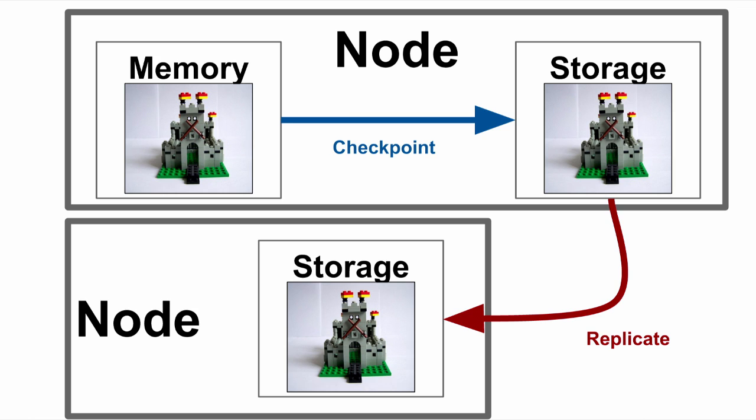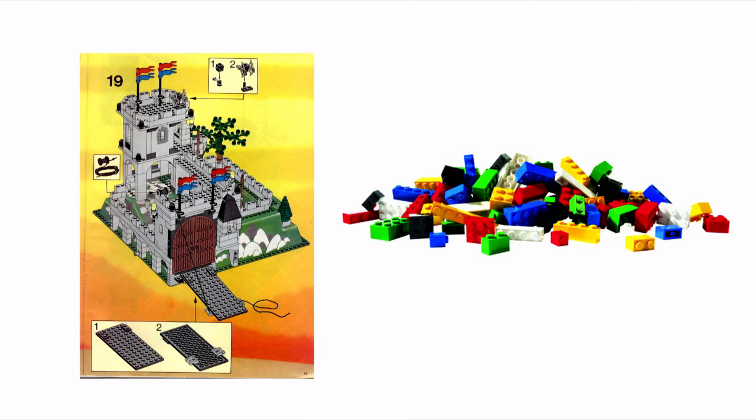Additionally, you're only as resilient as the last checkpoint, and if you're doing ad hoc updates, you might be out of date the moment you actually start the checkpoint. The other option was the logging of the updates. So how are you going to recover that castle? And the answer is, just keep all the pieces and the instruction manuals and rebuild the system whenever you need it. And if you think about the 2 different models, one might seem slower because you have to rebuild the whole castle from scratch, but one is also a lot simpler and a lot easier to do.